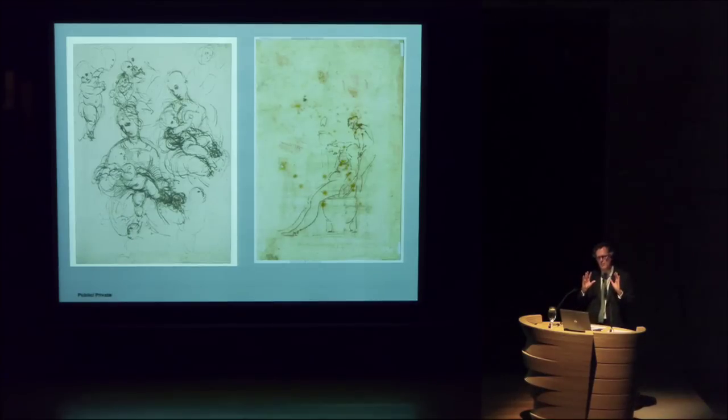And Michelangelo didn't want the fact that he'd been in the Ghirlandaio studio to be known. And so when Vasari wrote about it in the first Lives in 1550, it was one of many things that annoyed Michelangelo. So Michelangelo got a sort of authorized biography out, published in 1553 by his mouthpiece Condivi. And in Condivi's biography of Michelangelo, there is no mention of Ghirlandaio. Michelangelo sort of springs up, a kind of natural genius who needed nobody to teach him because he had it innate within him. But when you look at Ghirlandaio,